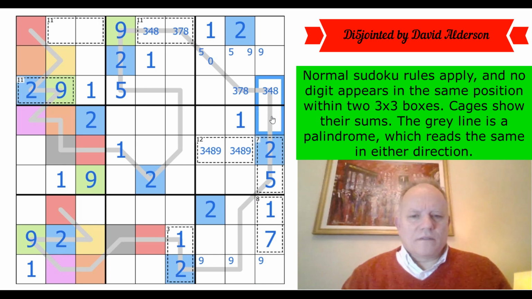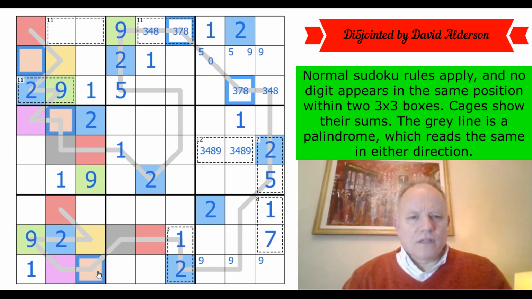There can't be 7. Can that be 7? 7. That can't be 7 because of the disjoint from there. So that would make 7 either yellow or orange, but it can't be yellow down here. So if 7 was here, 7 is orange,